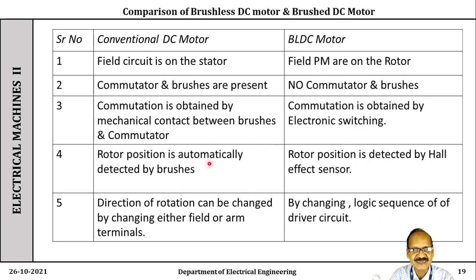The rotor position is automatically detected by the brushes, whereas here the rotor position is detected by the Hall effect sensors. The direction of rotation can be changed by changing either the field winding or armature winding terminals. Here, by changing the logic sequence of the driver circuit,